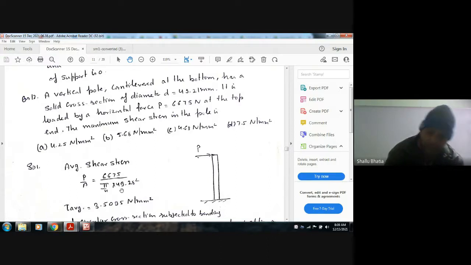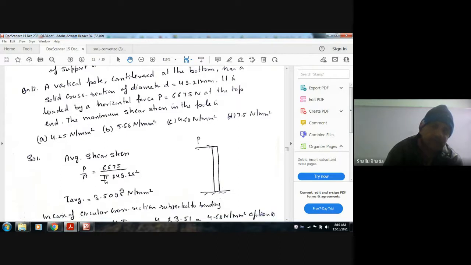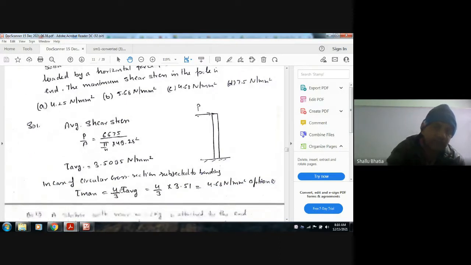Now the section is circular, and for a circular section we know that tau max is equal to 4 by 3 tau average. So 4 by 3 into 3.51 is equal to 4.68. Option C is the answer. Okay, next,